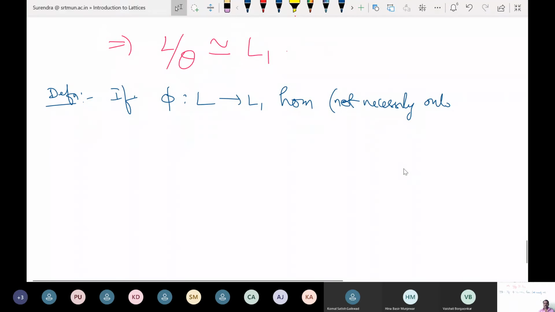Just like in our theorem we have considered onto, but this is not necessarily an onto homomorphism. Then whatever theta we have defined, the congruence relation theta,